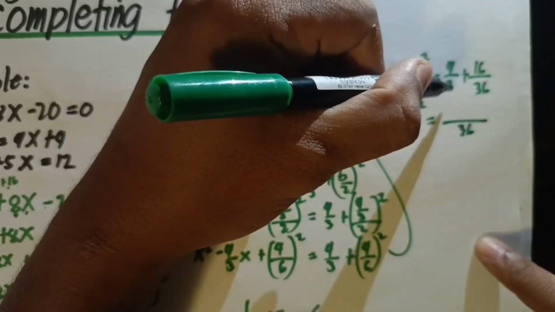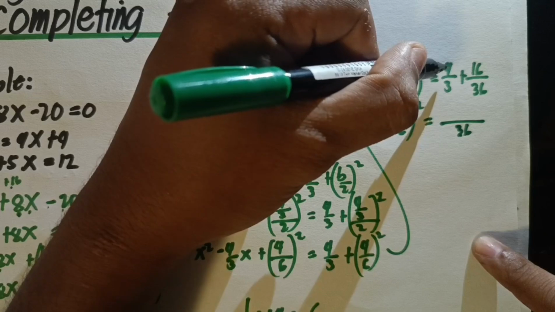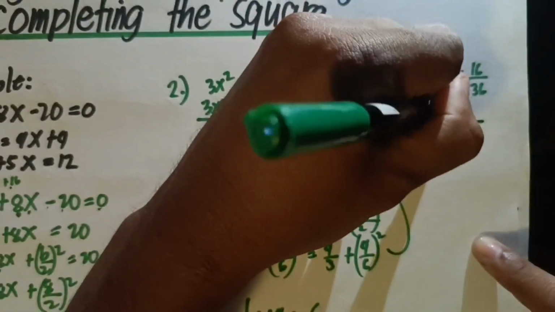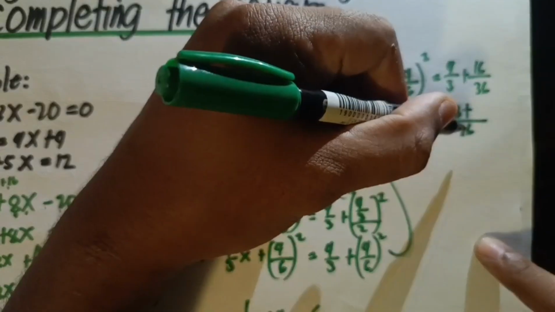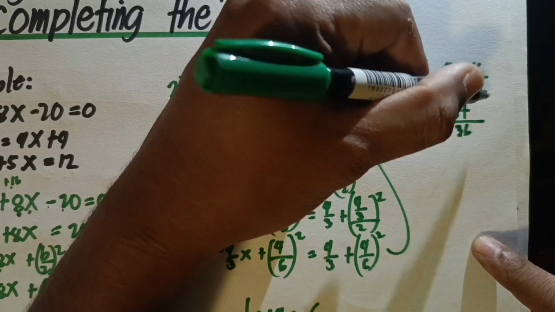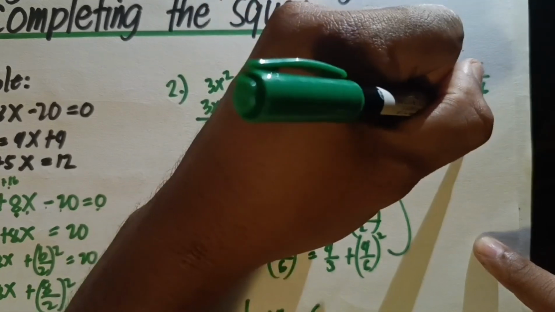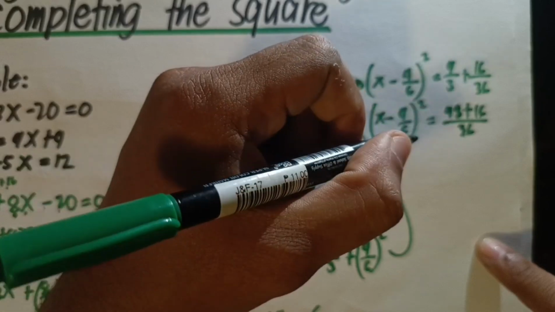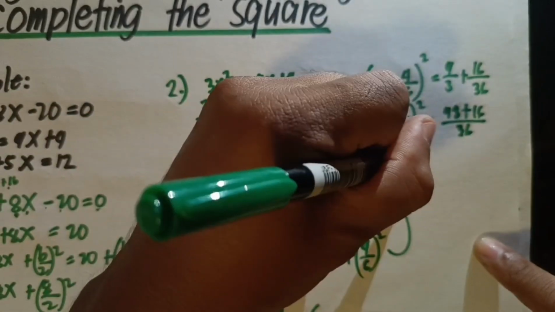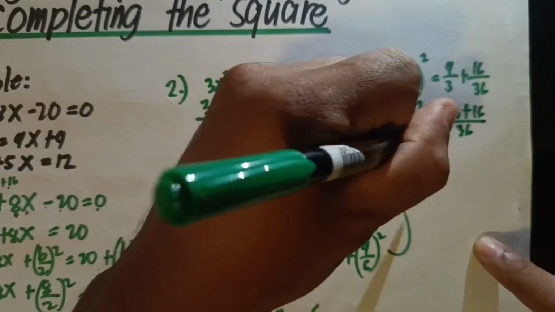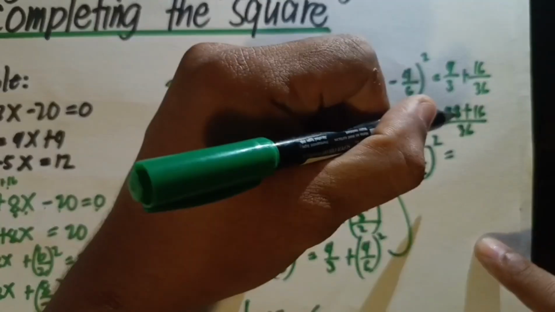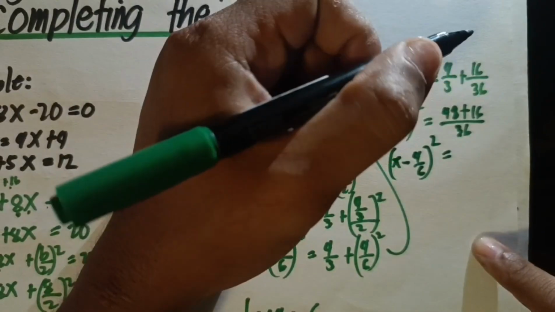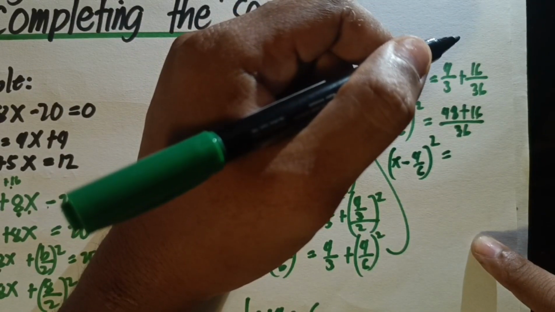So 36 divided by 3 is 12 times 4 is 48. Plus 36 divided by 36 is 1 times 16 is 16. So copy on the left side, (x minus 4 over 6) squared is equal to 48 plus 16, which is the same as